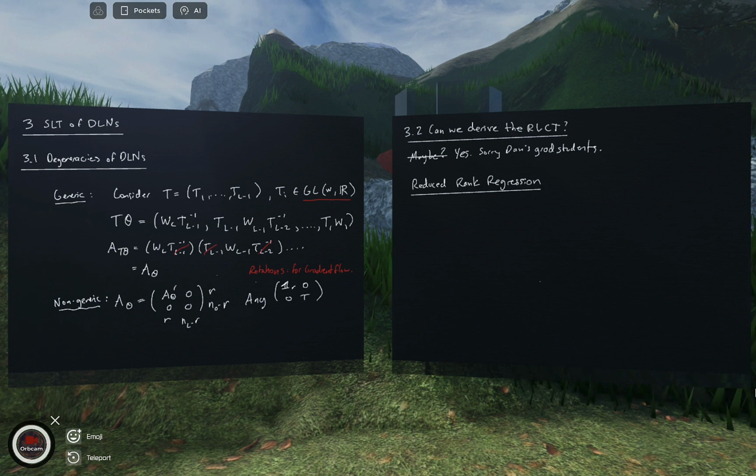Does anyone know, because I can't remember, whether Aoyagi has only done reduced rank regression, or has done multi-layer reduced rank regression already? Did we check that yet? I can check now. I did not. Please do check. If so, then this will have been a very productive seminar. We'll have figured out our answer. In the meantime, I'll pose the question. Reduced rank regression is a special case. You can view it as a special case of a deep linear network.